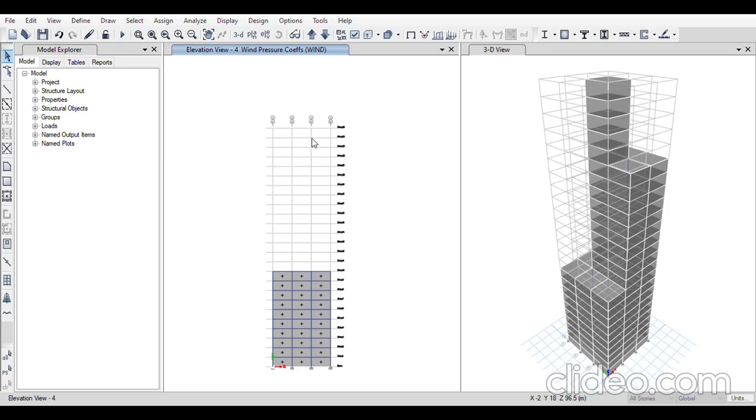I'll take add default design combination. I'll take concrete frame design. I'll click on OK. It comes here. I'll click on OK again. These are the load combinations.